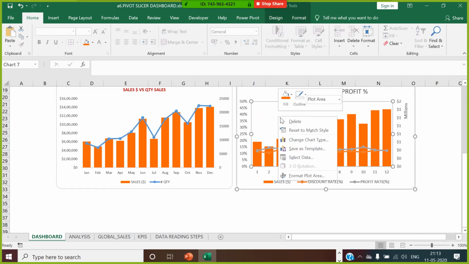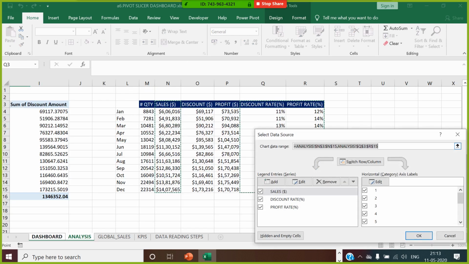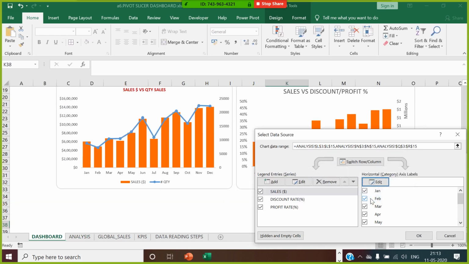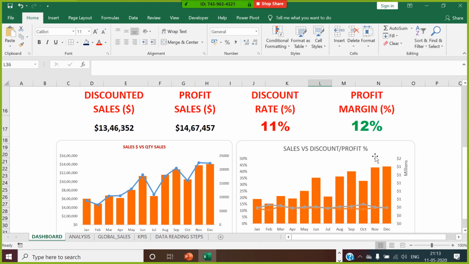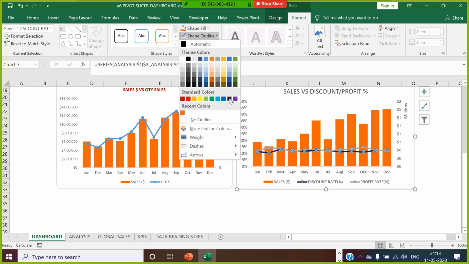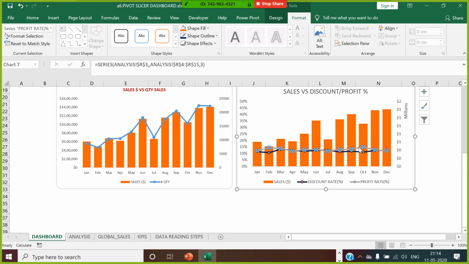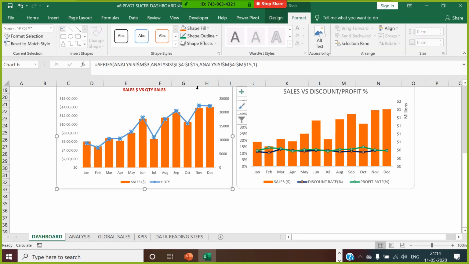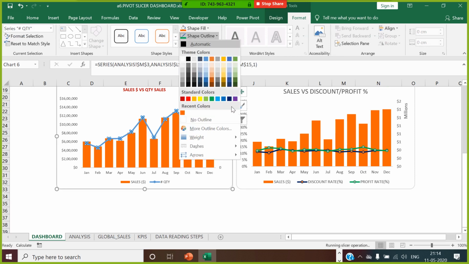In this, you didn't select the month, so select this, go to this axis, go to analysis, select the month over here. So now both your charts are ready. Going to select this line, make this line a different color, so make it a blue color. This one, let's say if it is a discount, just make it blue color as of now, and for this make it a green line. Over this also, select this and make it a kind of blue color, that will look good.